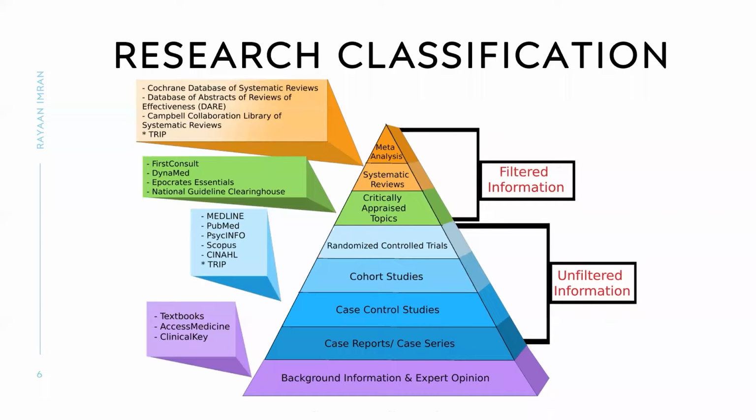So what does this show? If you remember from medical anatomical terms, inferiorly to superiorly, you study a lot of anatomy in medical school, sorry, that's why I'm saying this. If you move from bottom to the top, this direction shows the greater weightage of these particular journals. Meaning, background information and expert opinion, written at the bottom, those types of articles are less heavy and have less weightage compared to meta analysis, which is given more importance in the field of research.